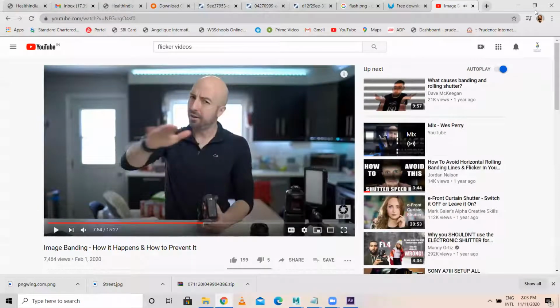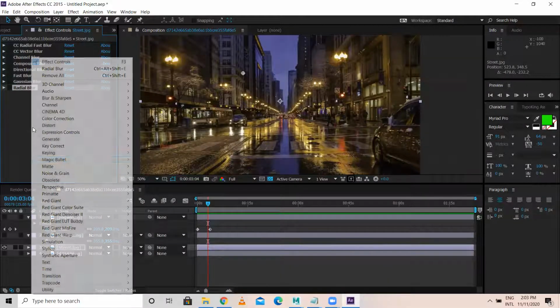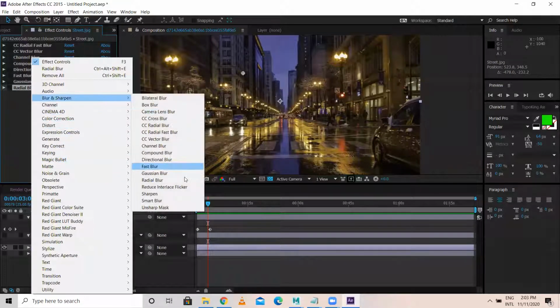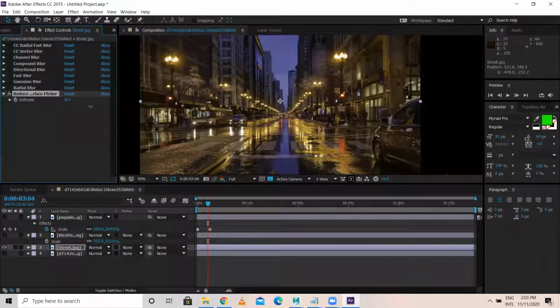So that's what flicker video refers to: a dark tone, light tone, dark tone, light tone, like that. With the help of reduce interlace flicker, it will be removed. It will clean up.